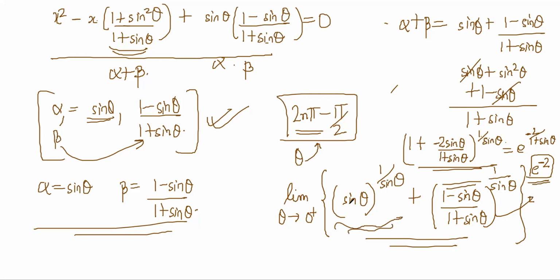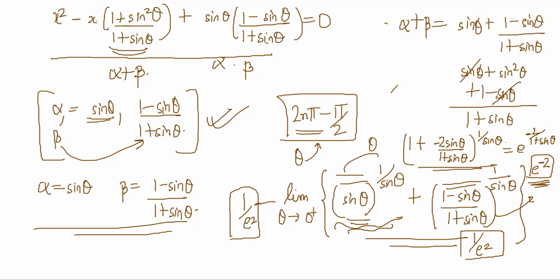And let's find this also. Right now it is 0 to the power infinity. So it is tending to 0, no? This is tending to 0, no matter what high power you put, it will tend to 0. It is not 1 to the power infinity, it is 0 to the power infinity. So this will tend to 0. And this will be 1 by e square. So the answer of the first option is 1 by e square.